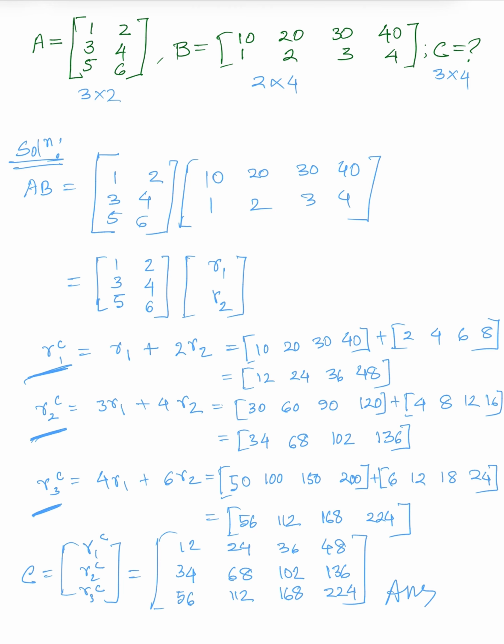So this is going to be our answer. That's how we can multiply two matrices using the row interpretation, and it often gets easier